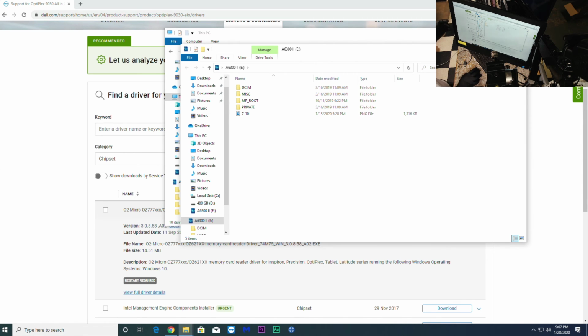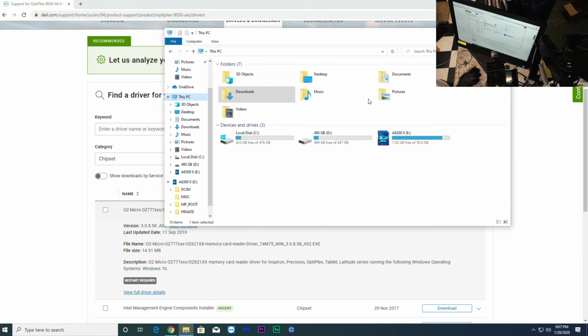I'm going to go ahead and close out the folder. I suppose we could look at this PC since we didn't actually open the card up, but we can see it there. And what we're going to do is eject it and pay attention. Bang! So that is the most recent driver updated for Windows 10 64-bit, and we get a stop code, blue screen of death error, internal power failure. That is the correct driver for my card reader device on the Dell Optiplex 9030 all-in-one computer. That driver is direct from the manufacturer,